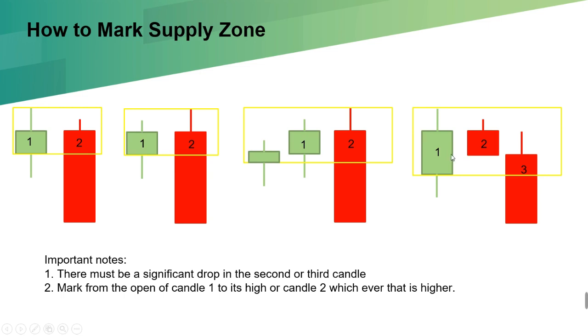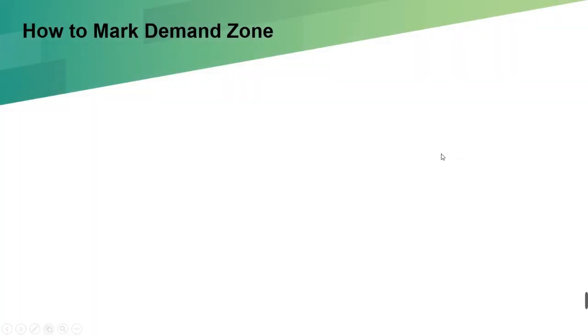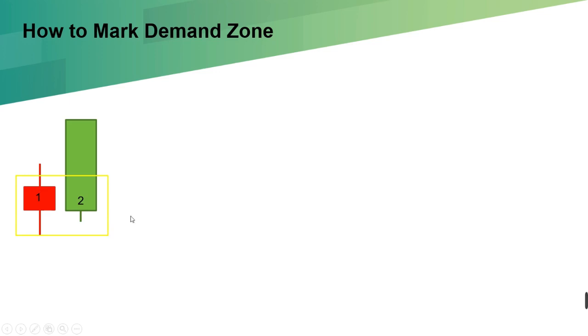So from there, we flip the chart, and we have our demand zone. Similarly, it's the same, but this time we have a small bearish candlestick instead of the bullish candlestick. And suddenly we have a very significant rise or rally of a bullish candlestick. So your demand zone will be in this yellow box. The second type will be exactly the same, but just that the low over here is different, and the demand zone, sorry,